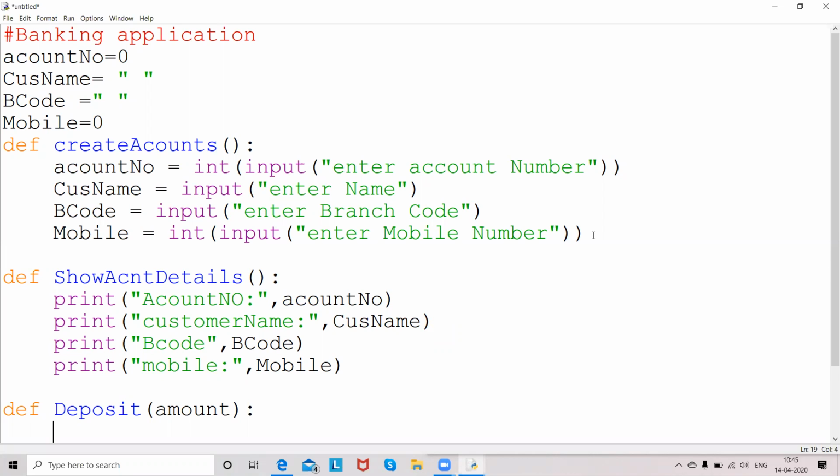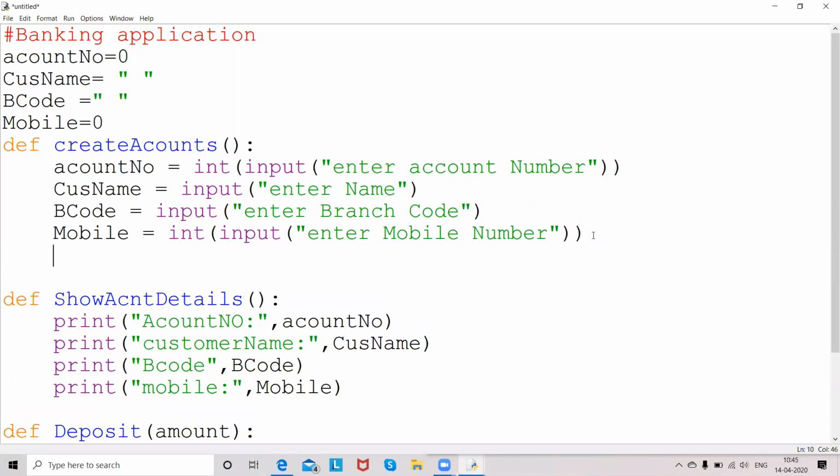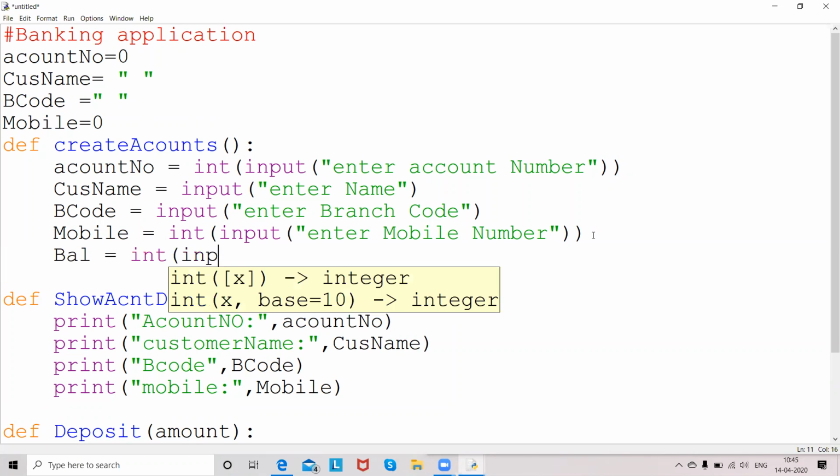So here also I'll add one more extra property, that is balance. So initially I wanted to give some values. Suppose again you can take an integer property. So input, enter current balance. This is not exactly the way how the bank works.